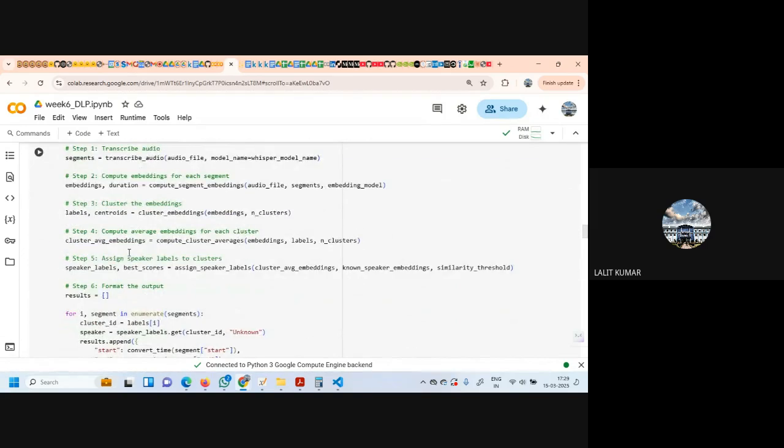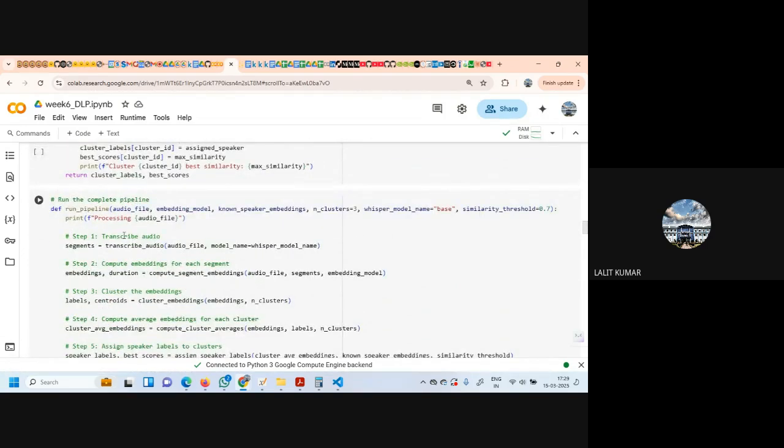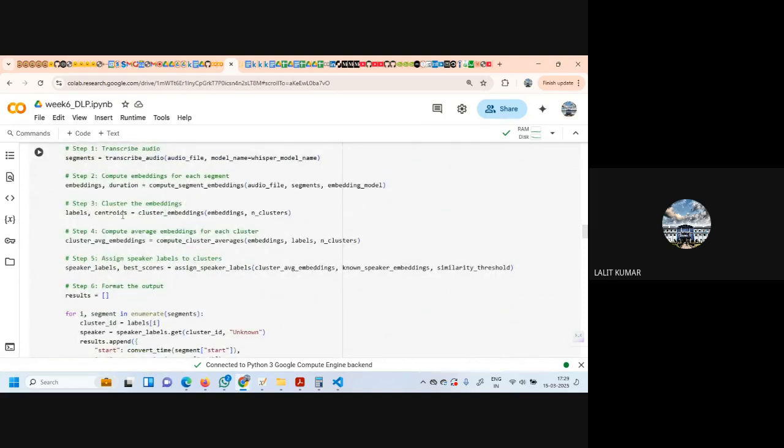And then we are making a pipeline of all the functions which we have written. First we do the transcribe with the function we have written. Then we get the embedding and duration from the function already defined. Third, we get labels and centroids by the cluster embedding function.